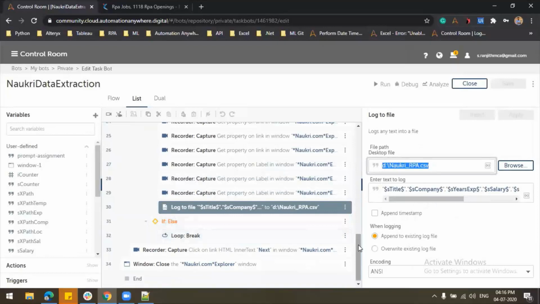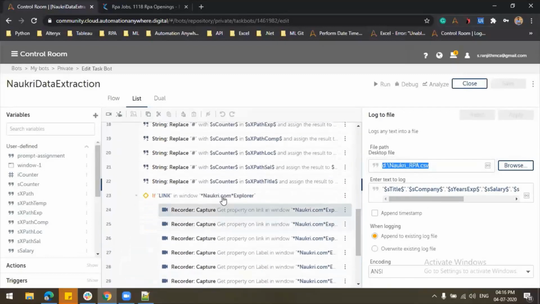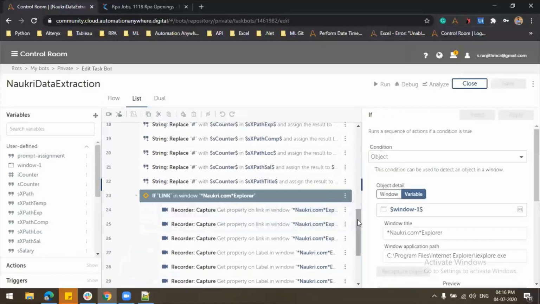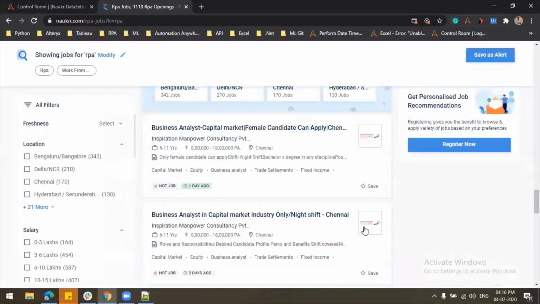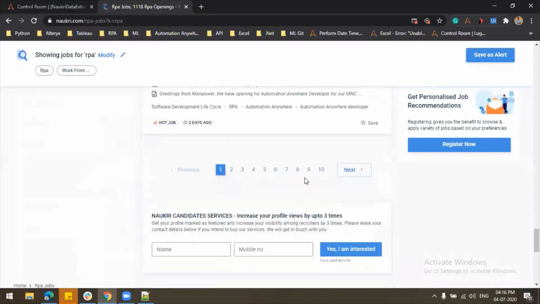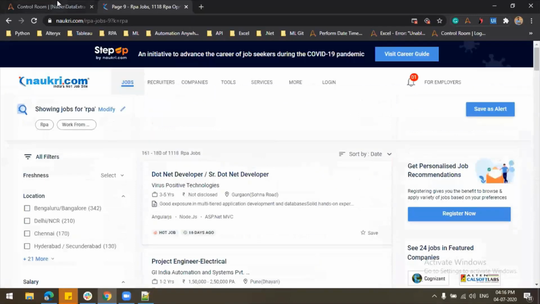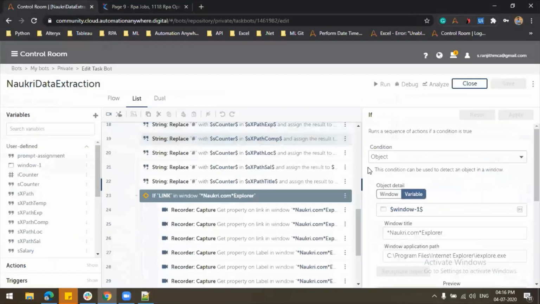One more thing: if we reach the last page, sometimes we get only around 3 to 4 results. At that time the bot should stop its execution.